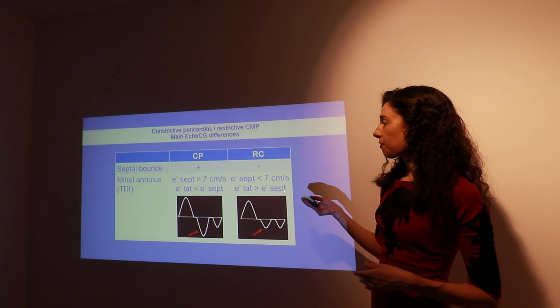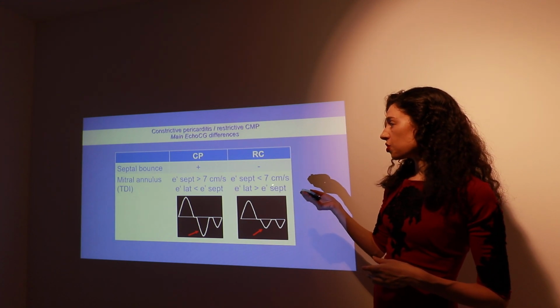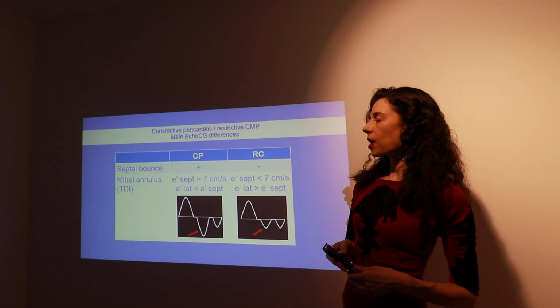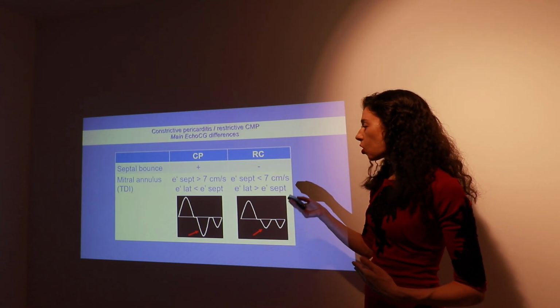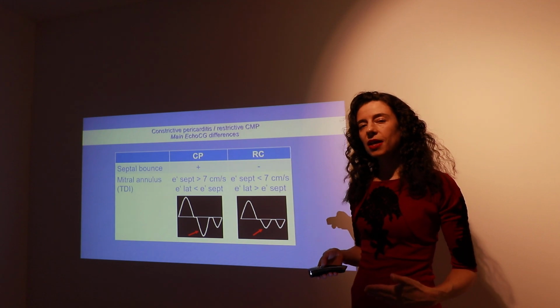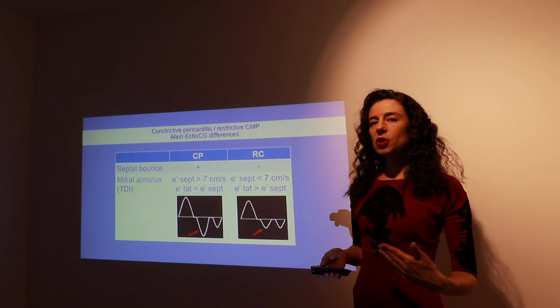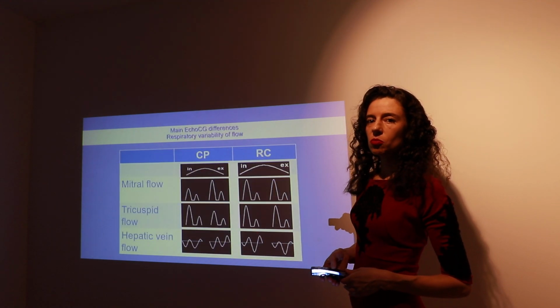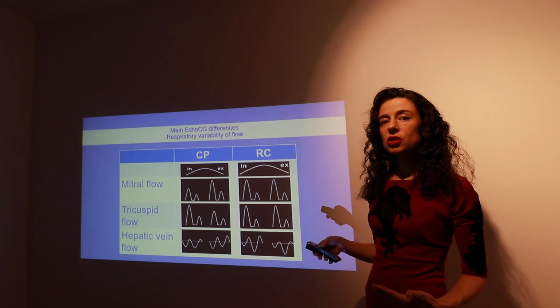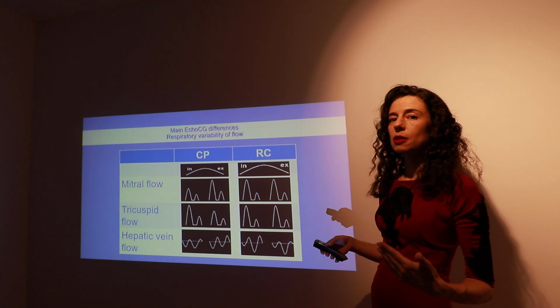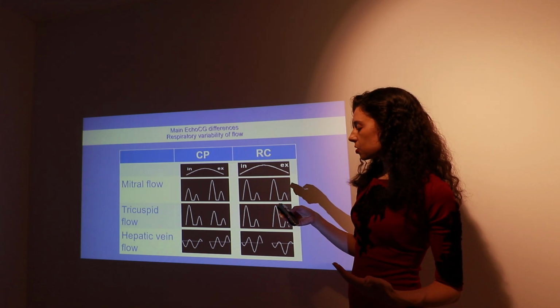We have, however, a reduced E' with restrictive cardiomyopathy in the septum, but with normal relationship between lateral and septal E' in restrictive cardiomyopathy. Of course, we have also these respiratory changes which are more pronounced and pathological in constriction